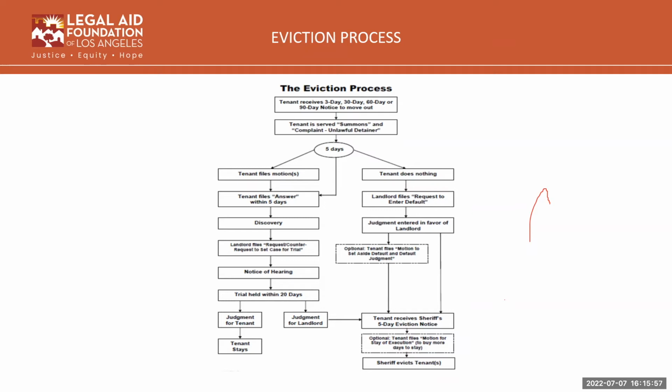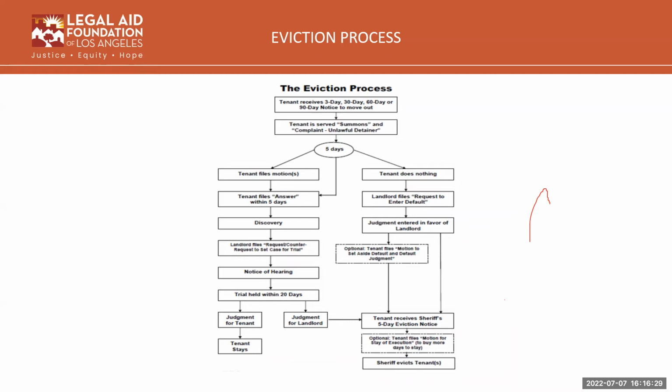Once they serve that unlawful detainer to their tenant, the tenant will then have one of two options. The first option will be to file an answer with the court, right, within 5 days of being served, or they don't do anything, right? And you don't want to do anything because, like I said, if you don't file a response with the court, then the landlord can file for a request for entry of default, right, which would be on the right-hand side